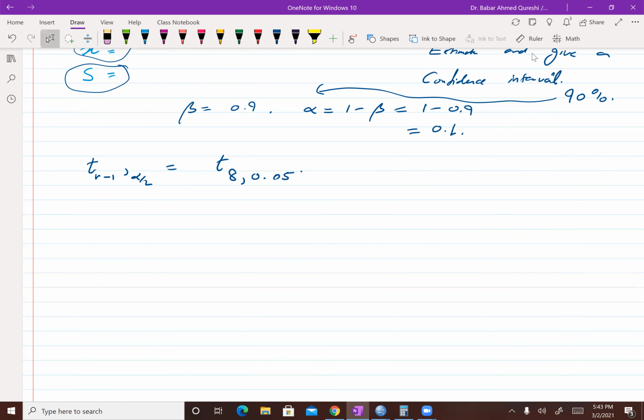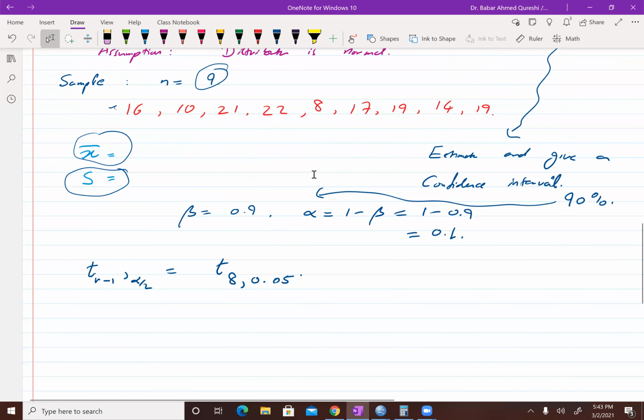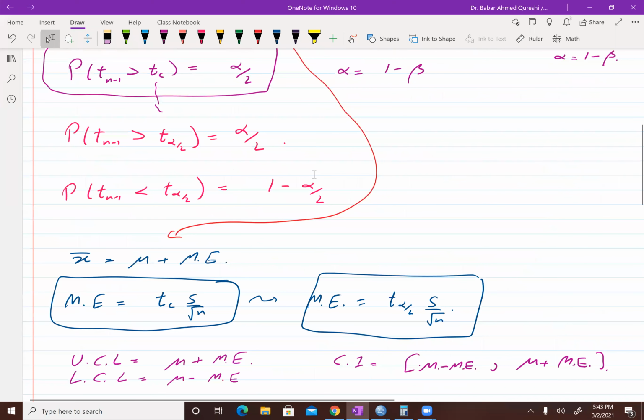Now, I want to do this computation today in SPSS. So let's see how would, yeah. Sir, what is the logic of t with n minus 1? The logic, you will remember that we did this, that this variable which we defined,